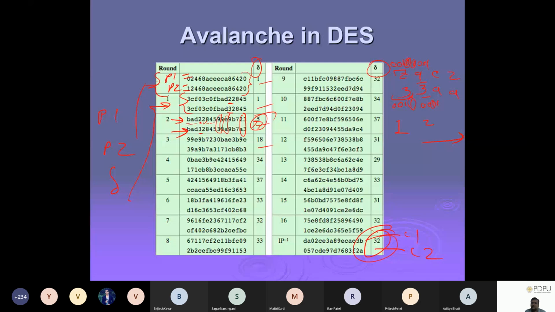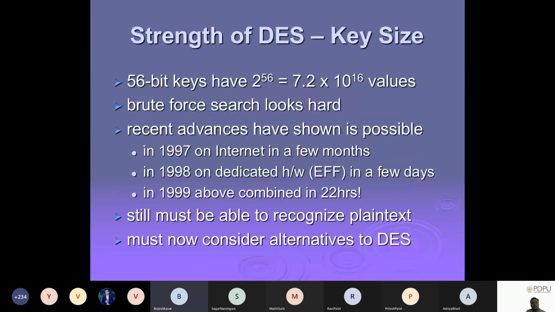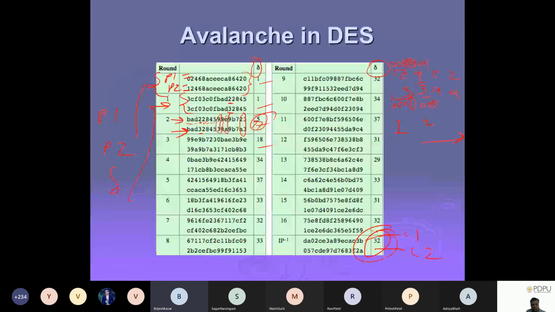It means if I change 1 bit, many bits change in the ciphertext, and that is a good property of ciphers, right? So I think it will be 6, sir. It will be 6. Okay. Then let me check it again, and then I will let you know. Okay, 6.